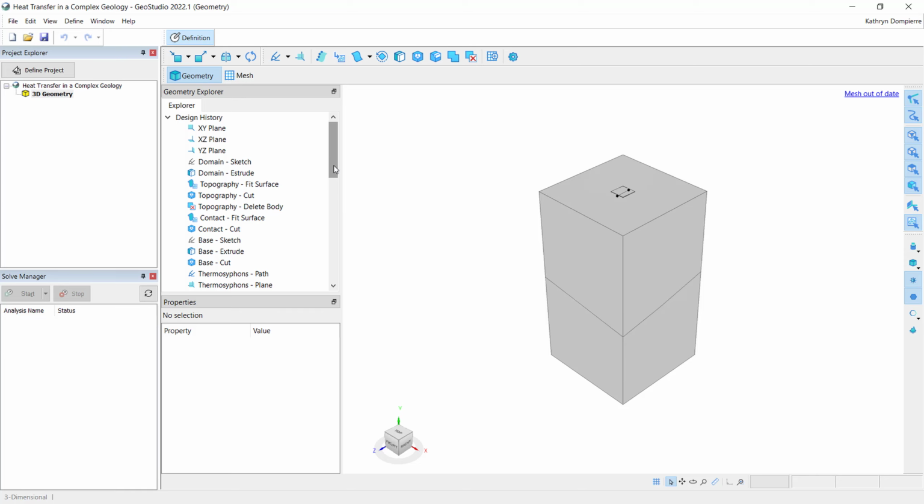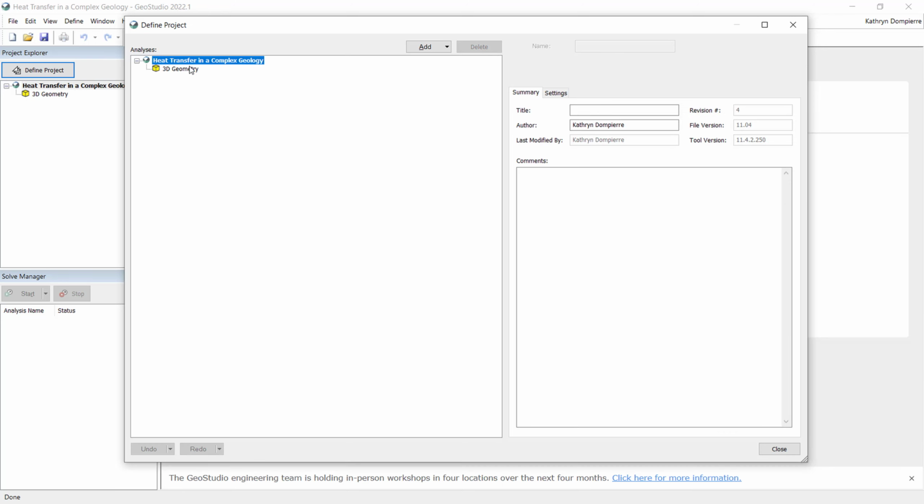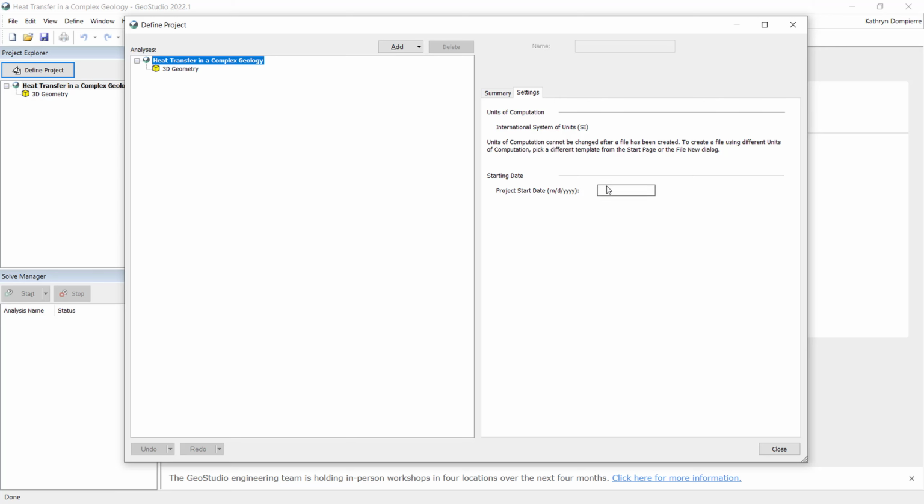project. As I am the one that set up this 3D geometry, I will begin by adding the physics or analyses to the project file by opening the Define Project dialog. In this dialog, I first wish to set the project start date by clicking on the top item in my project tree, going to the Settings tab, and entering 09/01/2011. This means that the project will start on September 1st, 2011, 10 years prior to the construction of the